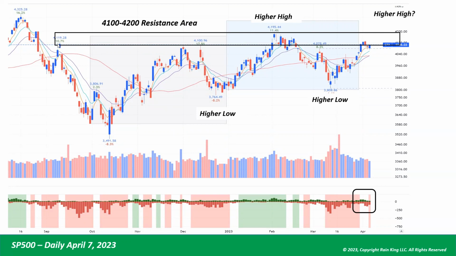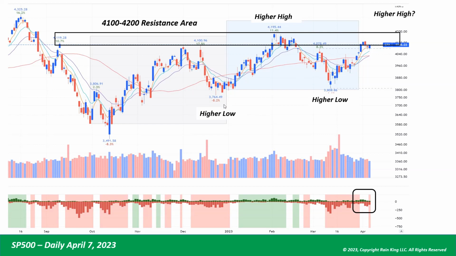Every time we've gotten into that kind of box, things have been rejected or they didn't go much further. We got to 4,200 here. So it's important to be aware of this as we got to the lower end of the box and we got rejected. And, can the market regain its footing and do some consolidating and make a run at higher